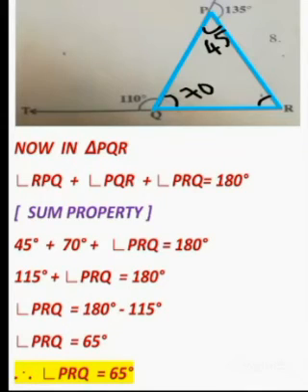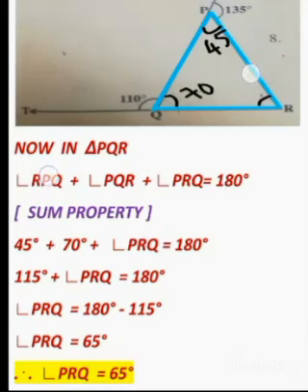Again look at the same figure, children, but here we are considering PQR as a triangle. See this blue marking I have given here. PQR is a triangle and they have asked us to find PRQ, this angle. In the earlier two cases we got angle Q of triangle PQR as 70 degrees and angle P as 45 degrees. So to find this angle, let us use the angle sum property. The sum of the three angles is equal to 180 degrees. So now in triangle PQR,